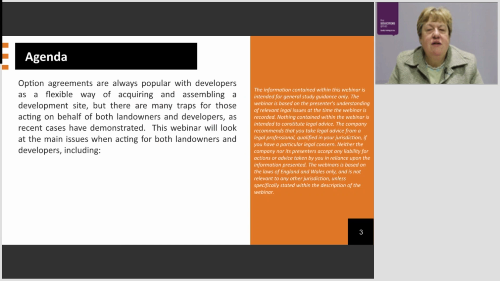Option agreements are always popular with developers. From the developer's point of view, the grantee of the option, they're a very flexible way of acquiring and in particular assembling a development site. Having said that, there are many traps for those acting both on behalf of landowners and on behalf of developers,